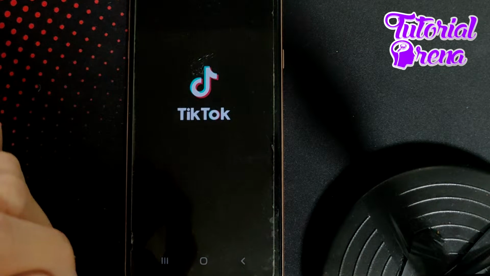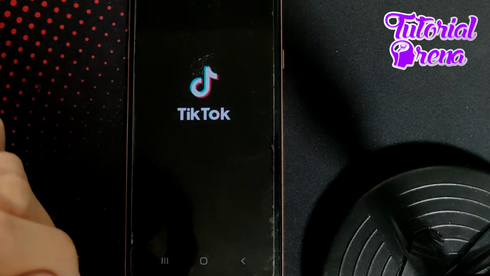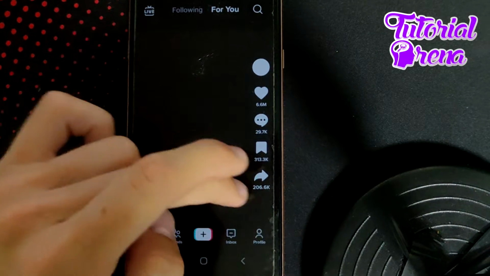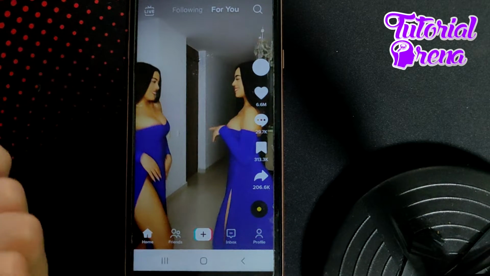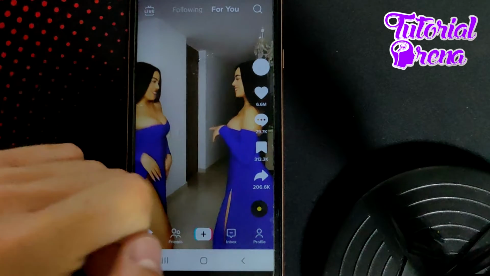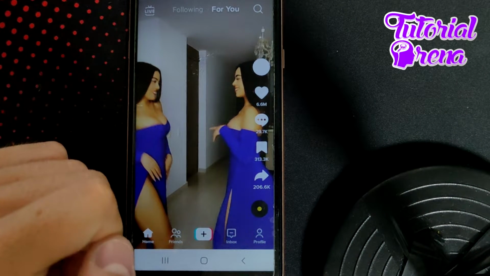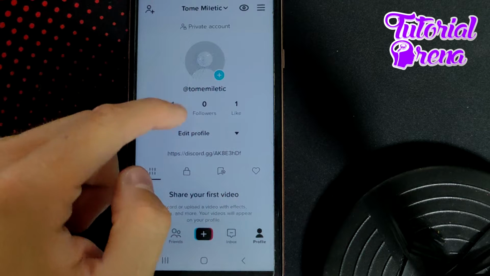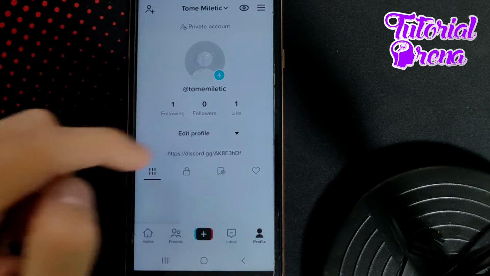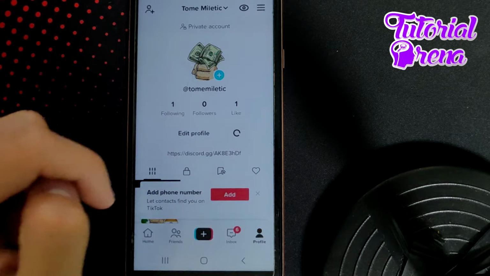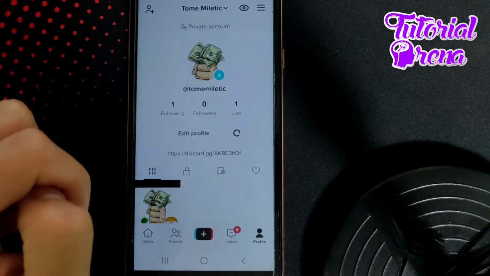And right from here, what you're going to do is go to your side selection, which is here on your profile. Yeah, just go on it. And when you get up right here on your profile selection, just go to edit profile. And right from here, yeah,